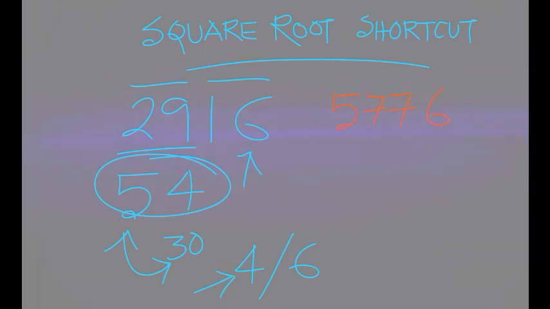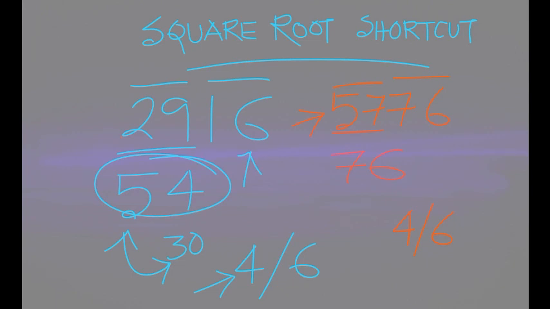Let us choose another perfect square number, 5776. We need to find the square root. Two pairs, so 2 digits. Last digit 6, hence last digit will be 4 or 6. This is 57. 57 lies between 49 and 64, hence 49 is the square of 7, so 7. 7 into 8 we need to do for the next number, so 7 into 8 is 56. 57 is greater than 56, hence we need to put 6.